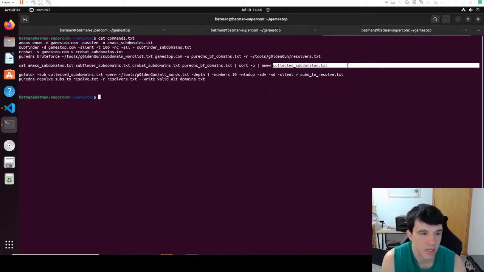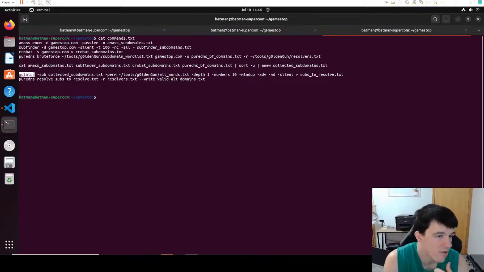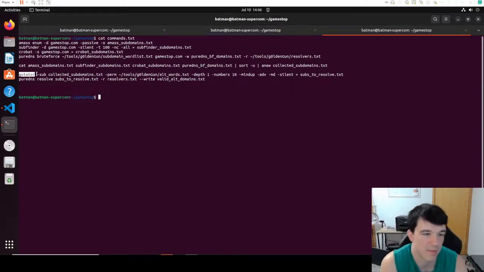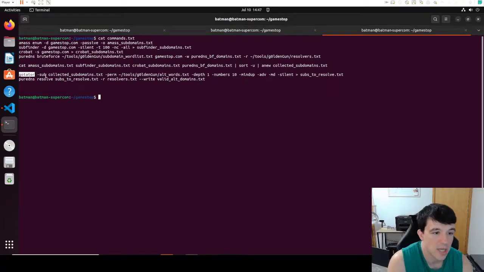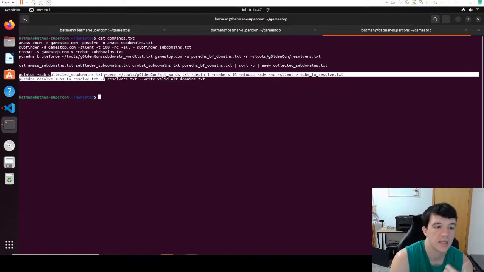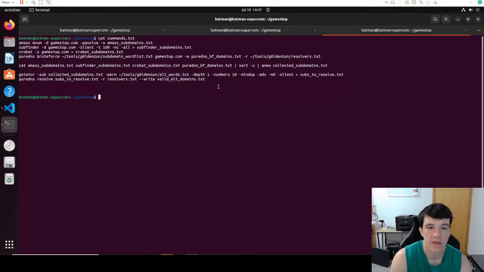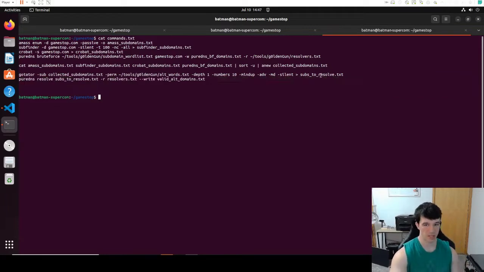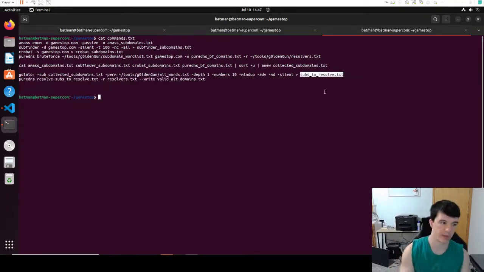And then with those collected domains, I like to use Gotator. AltDNS is also a really good tool to do alteration scanning, but I prefer Gotator because I'm kind of becoming a Go fanatic recently. So we're going to put in that collected subdomains list that I already have and try to find permutations of it, and then I'm going to resolve it with this command. After it generates this huge list called subs to resolve, just what I picked to call it,